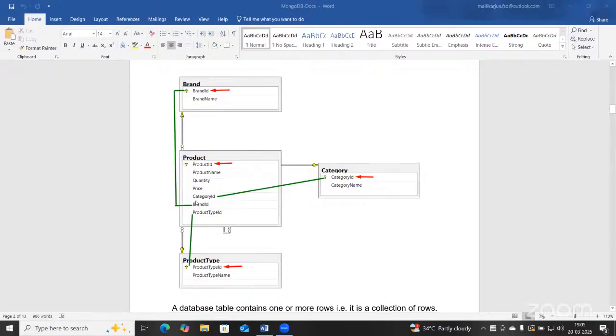For example, a product. The parent tables are brand, product type and category, with brand ID, category ID and product type ID. I'm using these three parent tables. Next, the child table is product. A product belongs to a brand, a product belongs to a category, a product belongs to a product type. A product belongs to one brand only, to one category only, and to one product type only. But whereas the reverse,